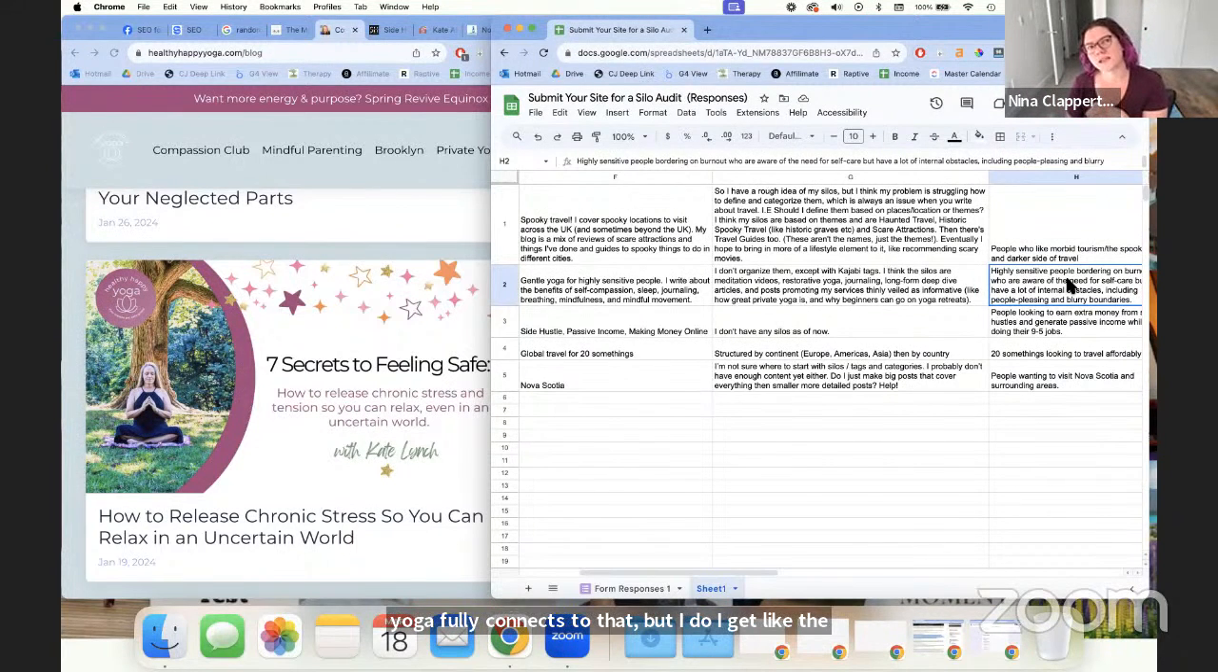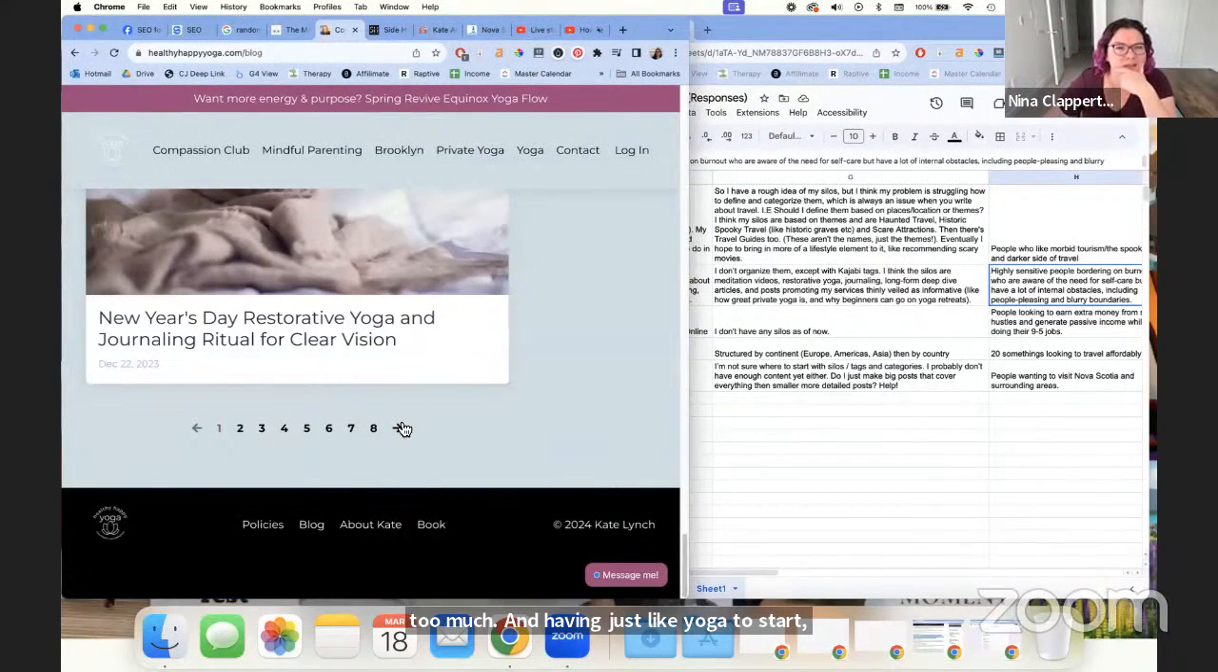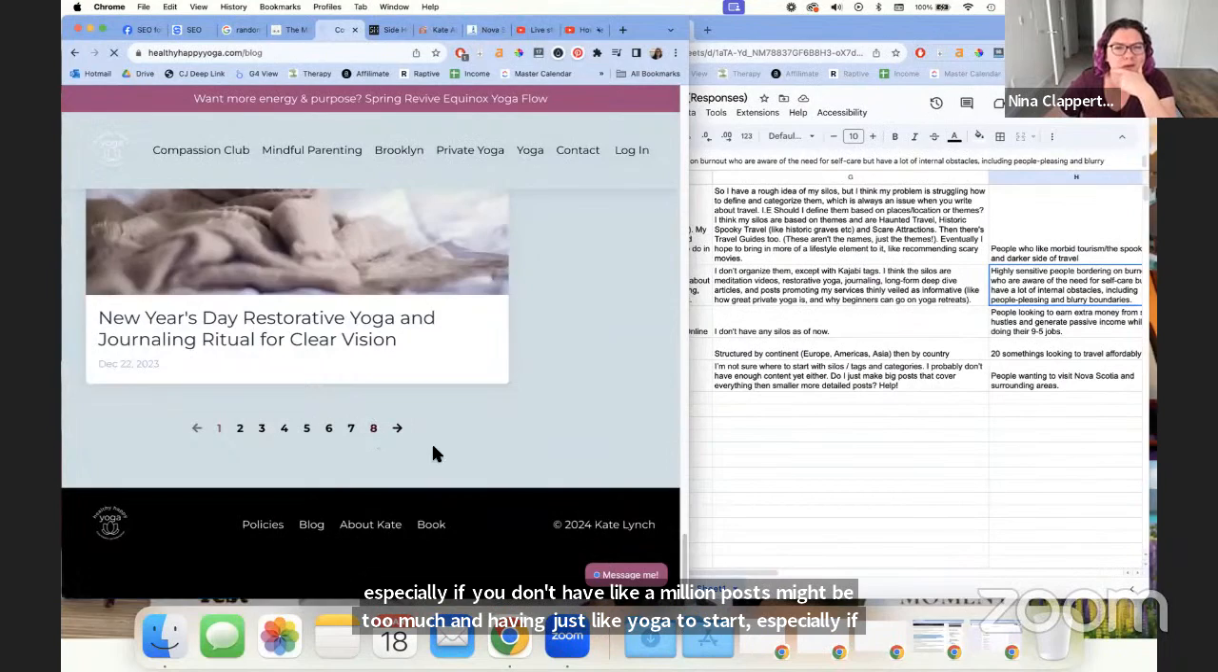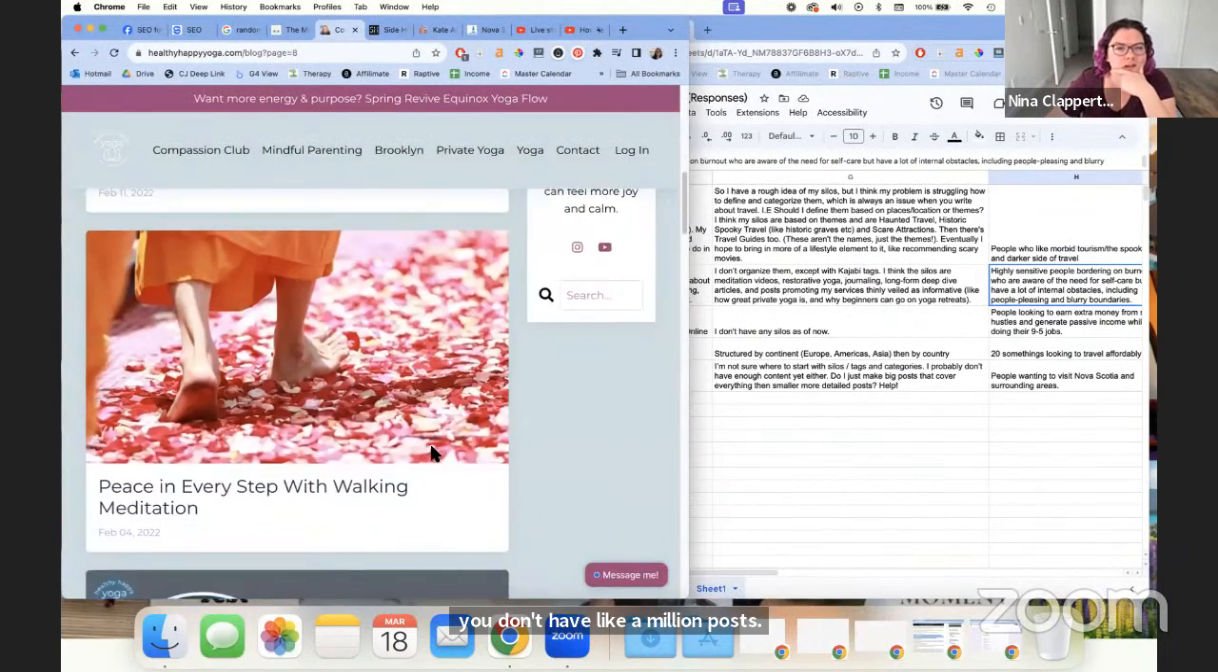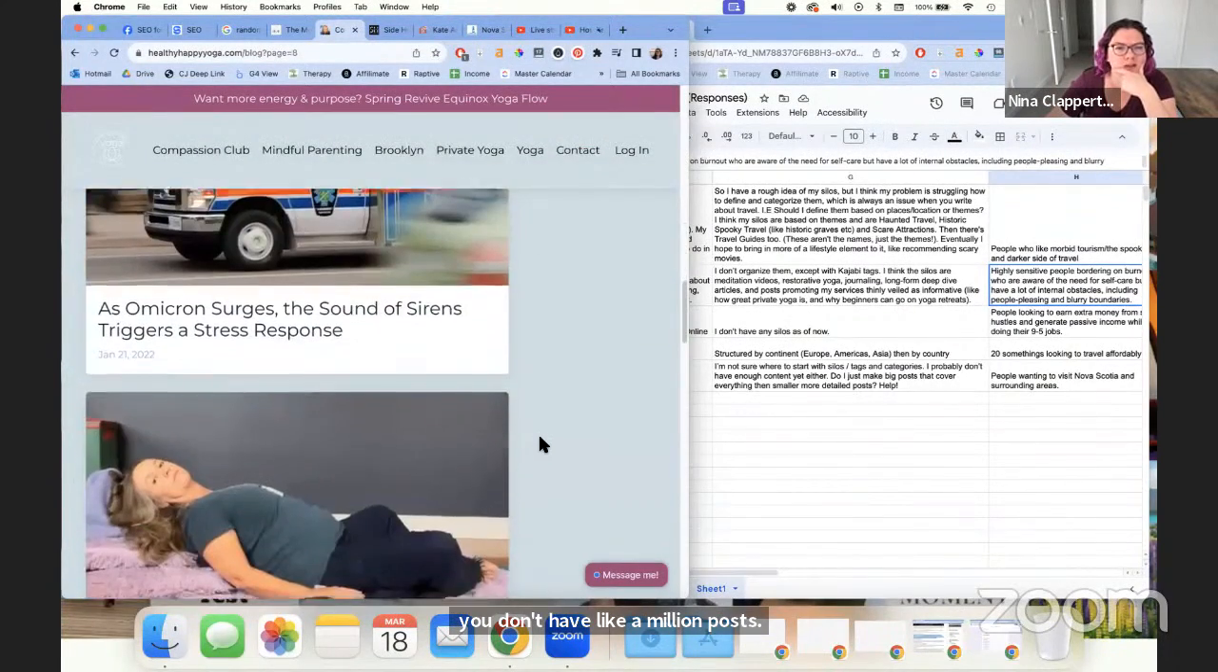But then I feel like they wouldn't necessarily know the types of yoga. Like I vaguely know that yoga nidra and hot yoga and stuff are different. I don't know if that's Bikram. I don't know. So having those different terms might be too much, and having just yoga to start, especially if you don't have a million posts. I don't know how many posts you have. I think you do have a fair amount. Yeah, you have a fair amount. But a lot of these seem to fall more under,